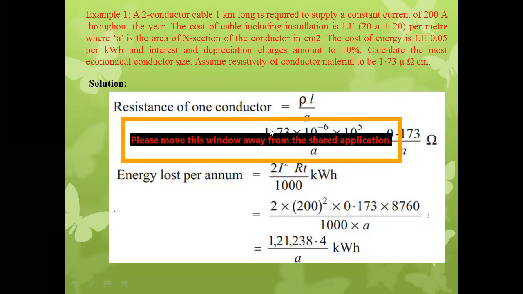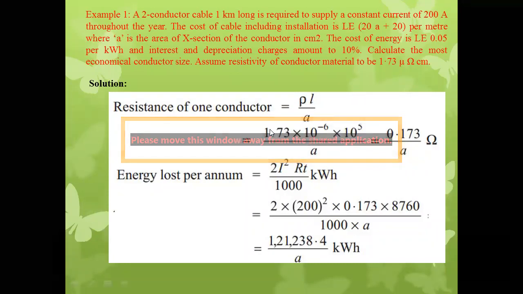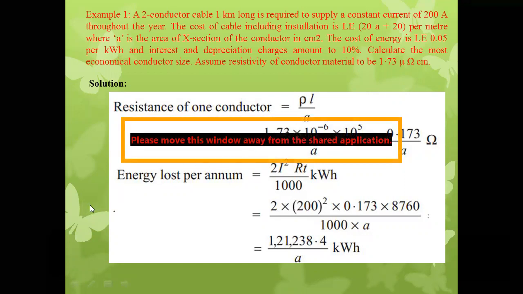A two conductor cable 1 kilometer long is required to supply a constant current of 200 ampere throughout the year. The cost of cable including installation is LE (20 into A plus 20) per meter, where A is the area of cross section of the conductor in centimeter square. The cost of energy is LE 0.05